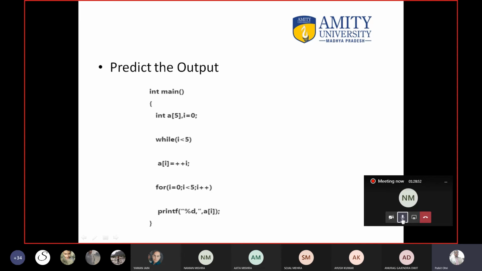Here the thing is, you are not making a mistake in the array, you are making a mistake in the prefix evaluation. You are making the error in the prefix operator, not in filling the array or creating the array. That's why you have to tell me the answer, because we have studied prefix and postfix operators. We have done a lot of questions on this. I hope you remember the concept. Prefix means the value will be incremented in the same line.